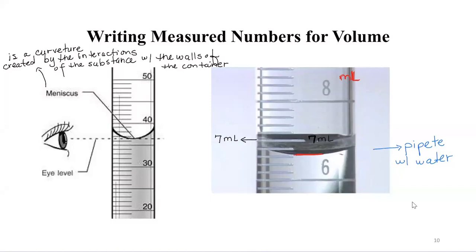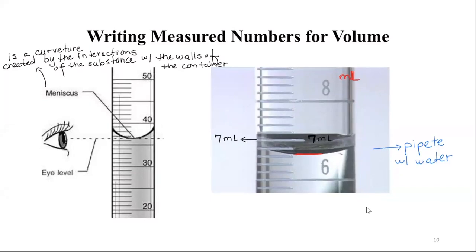Excellent. Now we can see the markings. As you guys can see here, when it comes to the markings that we have in this pipette, these lines are going to be 6.20, 6.40, 6.60, 6.80, up to 7, and then 7.20, 7.40. So when we're looking at the measurement of volume in this pipette that contains water,